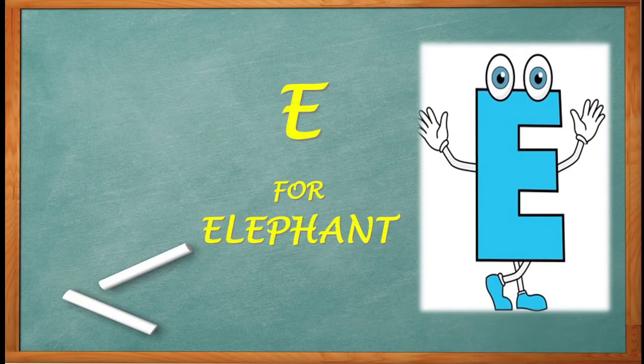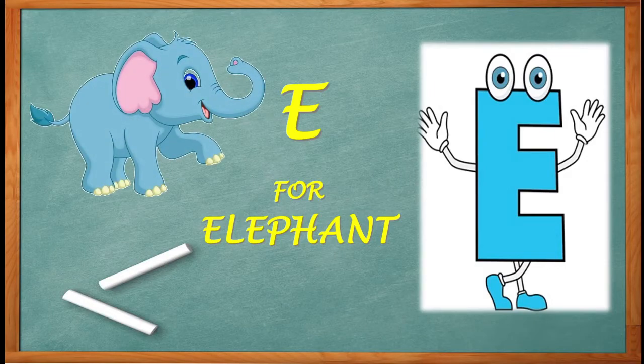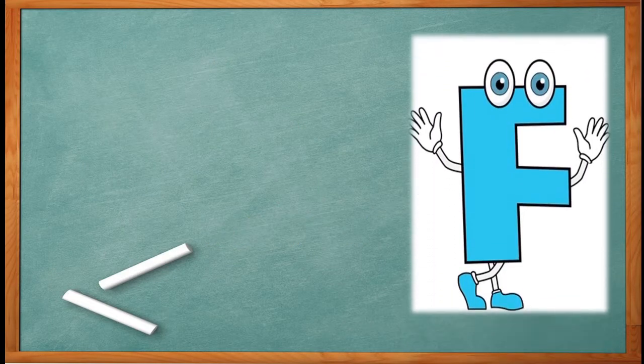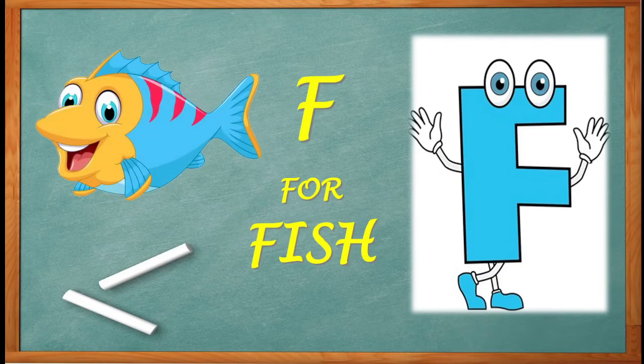E. E for elephant. See, big and fat elephant. Ali the elephant. Now, after E, what comes? Oh, it's F. F for fish. Fish live in water. Yay! Now, after F,